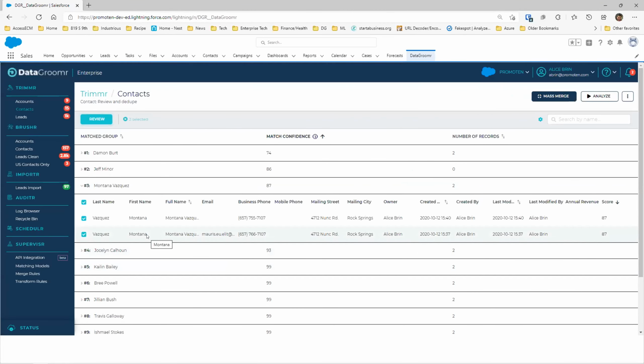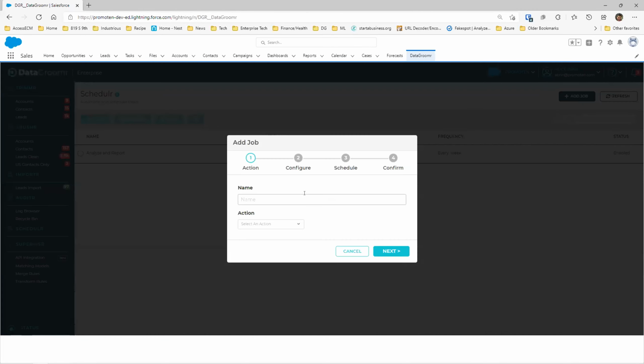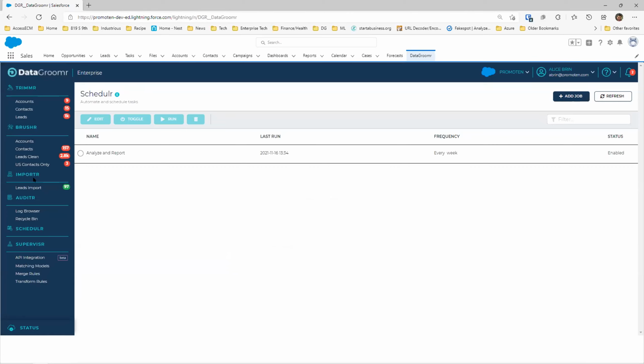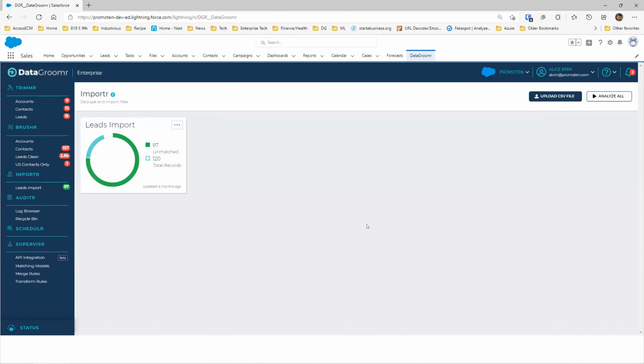If you really need to do this completely automated, we have a scheduler module. The scheduler module lets you add jobs, including the mass merge jobs. So you can schedule it, have it run every week, every day, and it will do everything for you. So in addition to that, you can also upload